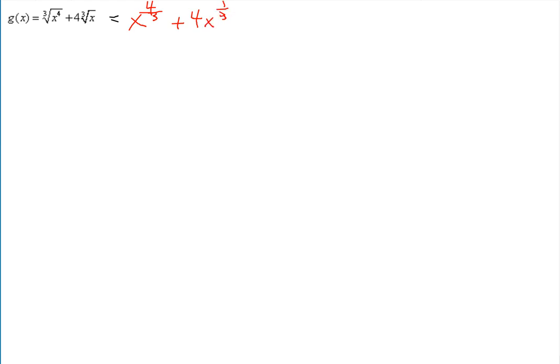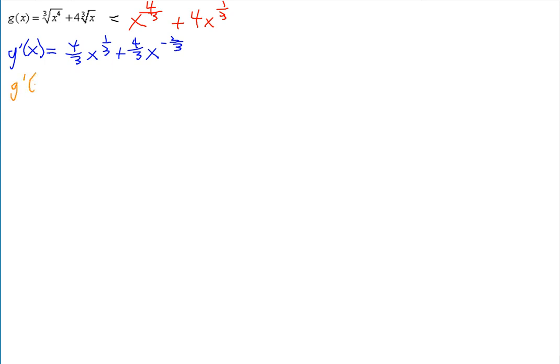Now let's go ahead and take the derivative using the power rule on each of these, since they're separated by a plus sign. So g prime of x, using the power rule, would be 4/3 x, subtract 3/3 from that, to the 1/3. Plus 1/3 times 4 is 4/3. x, subtract 3/3 from that gives you negative 2/3. And again, to simplify it,